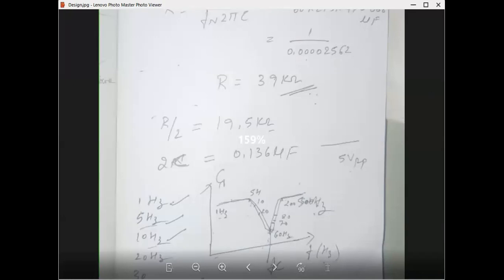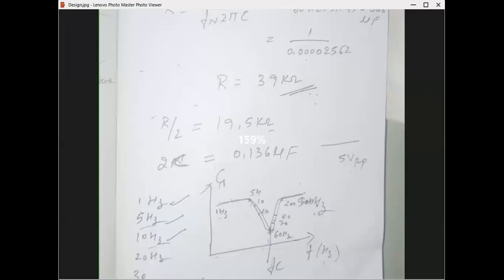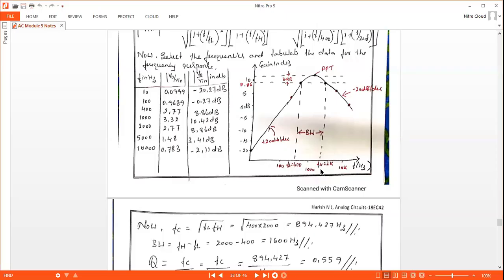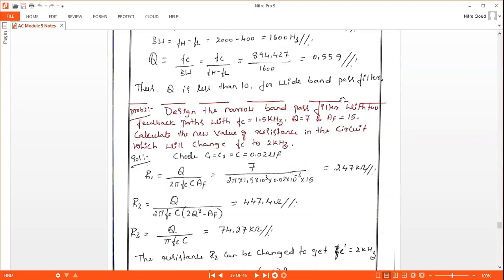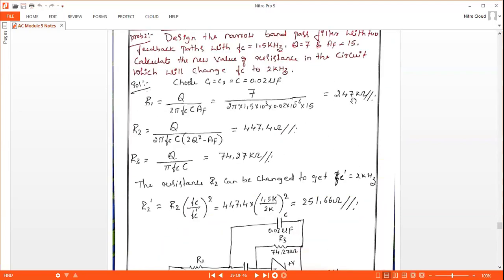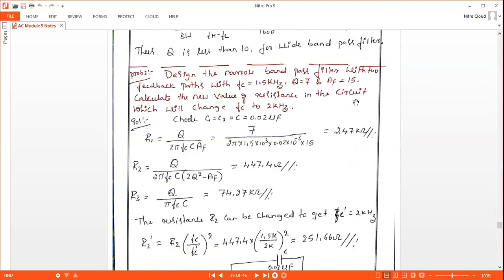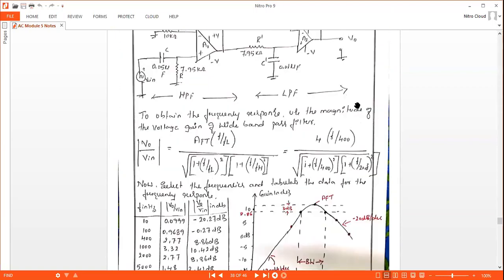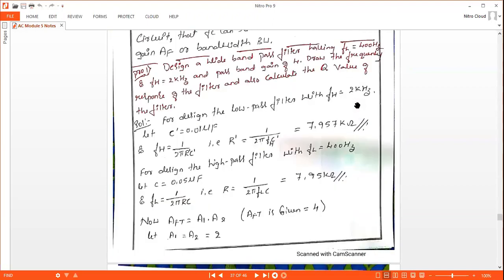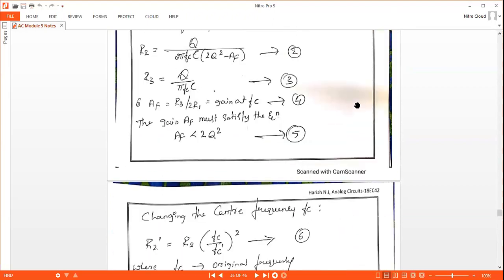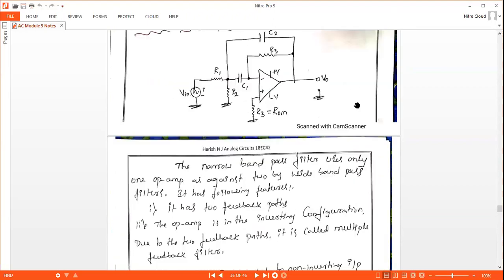The next experiment we are going to discuss is the narrow band pass filter. Next we are designing the narrow band pass filter.